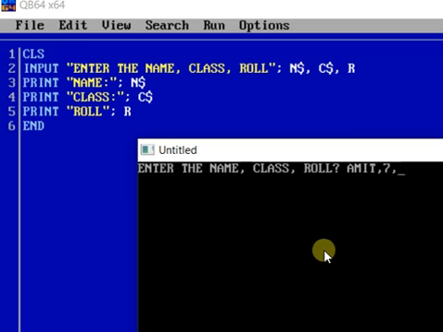So it will not take the values because roll is a number type of value and you are giving an alphanumeric type of value, so it will create an error.